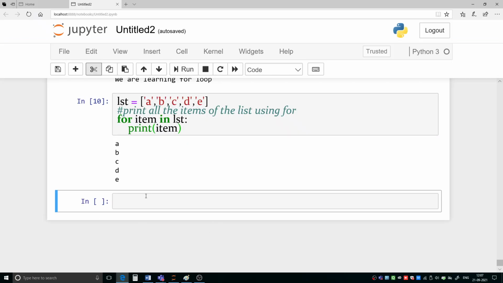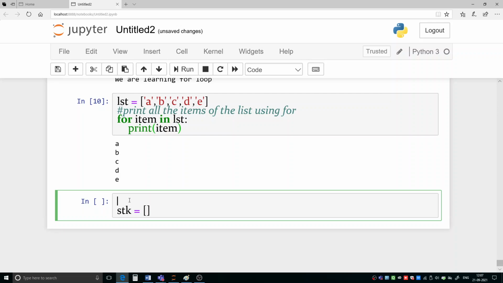Okay. So first, you see, suppose you are having a stack which is in the form of a list like this, and name of the stack is, suppose you are writing stk, and it is an empty stack, means no elements are there.